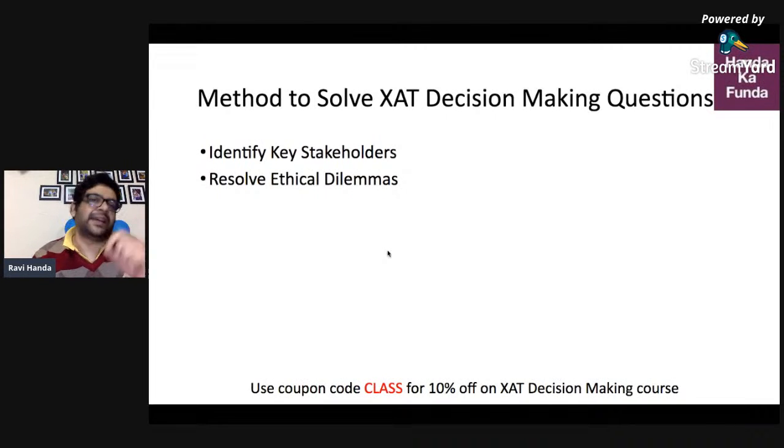You need to resolve ethical dilemmas. So let's say in case of a question where there is an ethical dilemma. So once again, I'll take an example from 2020. There was a question which was based on a water source, and the water source was being contaminated, and what should be done. You cannot lose sight of the priority of people's health. You cannot take decisions which are good financially, but they might be ethically the wrong thing to do, and you will know what is the wrong thing to do.